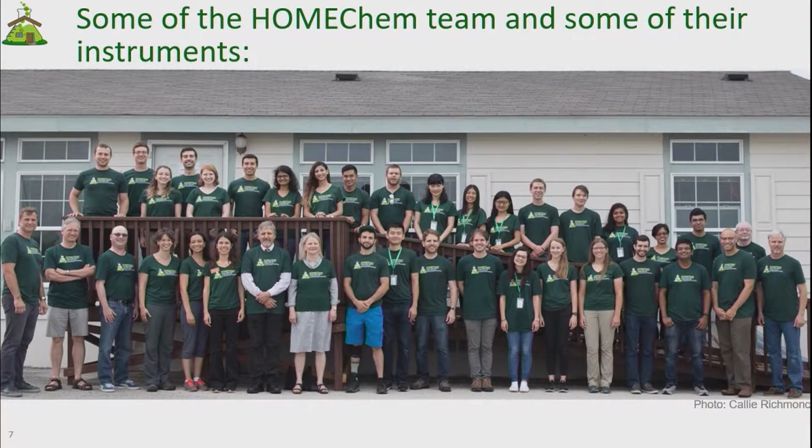So now I'd like to present to you a little bit of the instrumentation and the level of collaboration we had in the study by using this wonderful photo from our open house day. Not everybody's in the photo, of course, but everybody that was there that day is in the photo. And I'm not going to get into details of the instruments, but I'll show you sort of the breadth of